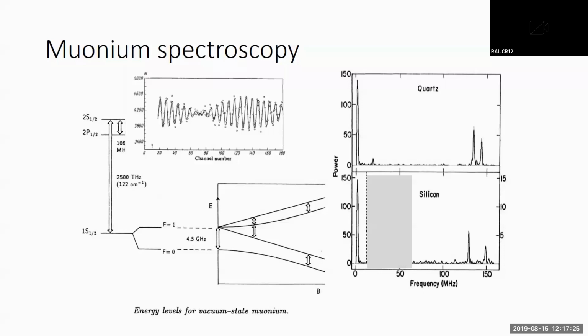You've got a larger splitting here which corresponds to a smaller hyperfine constant. So you might expect that to be affected by the immediate environment of the muon in the material. But what they also show, at low field, are some extra unexpected lines here. And these, well, they were initially just called anomalous muonium because they didn't know what they were.